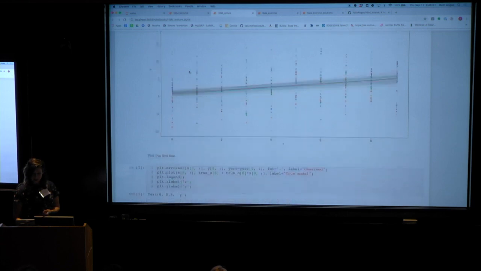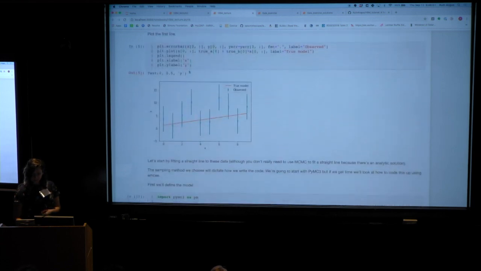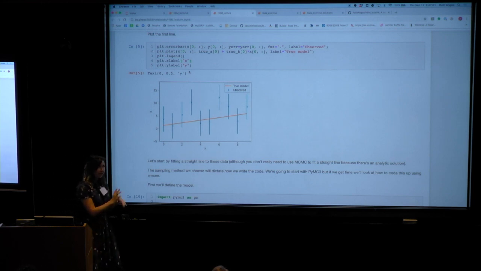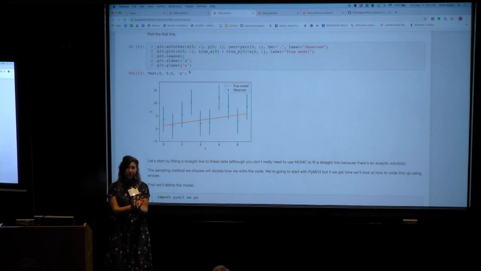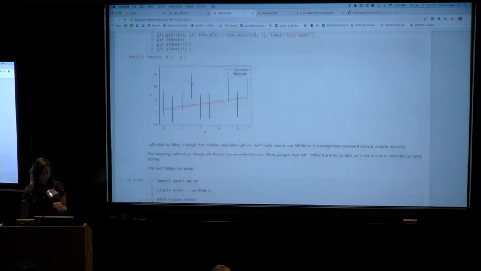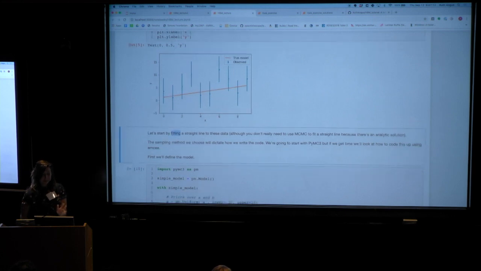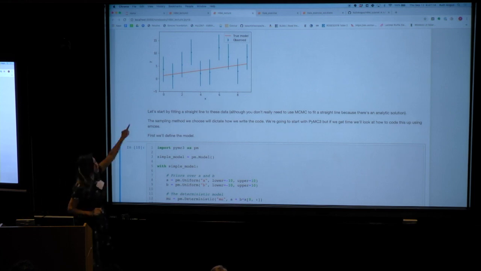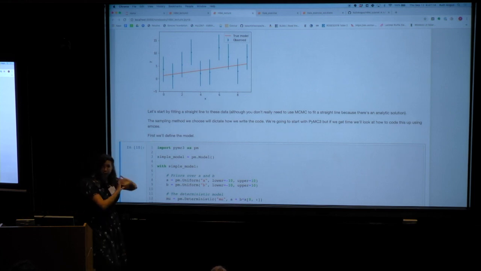OK, so let's just take the first line to begin with. This has some value of A, the intercept, and some value of B, the slope, that is drawn randomly from the prior distributions. OK, and we're going to fit this line to the data. So the orange is the true line. We're going to now try and infer what the line should be from these data